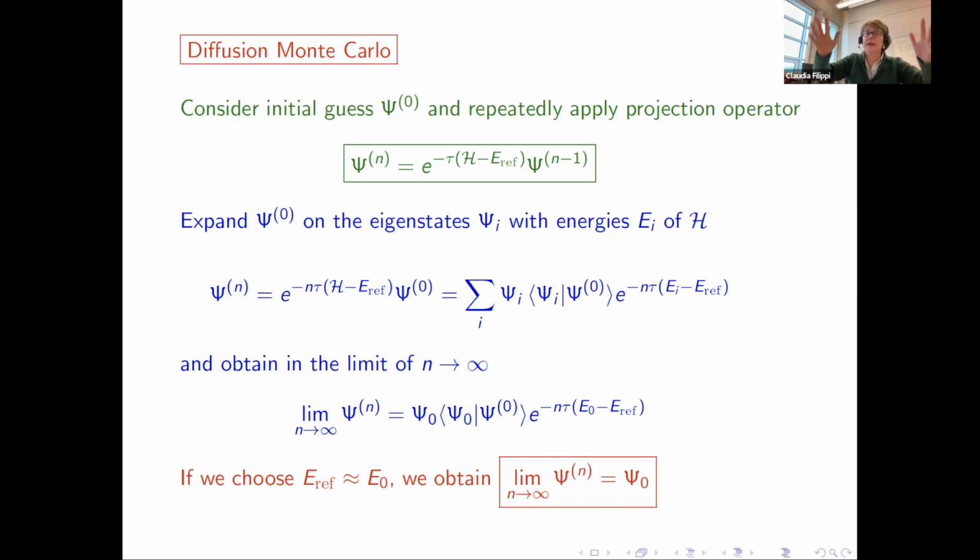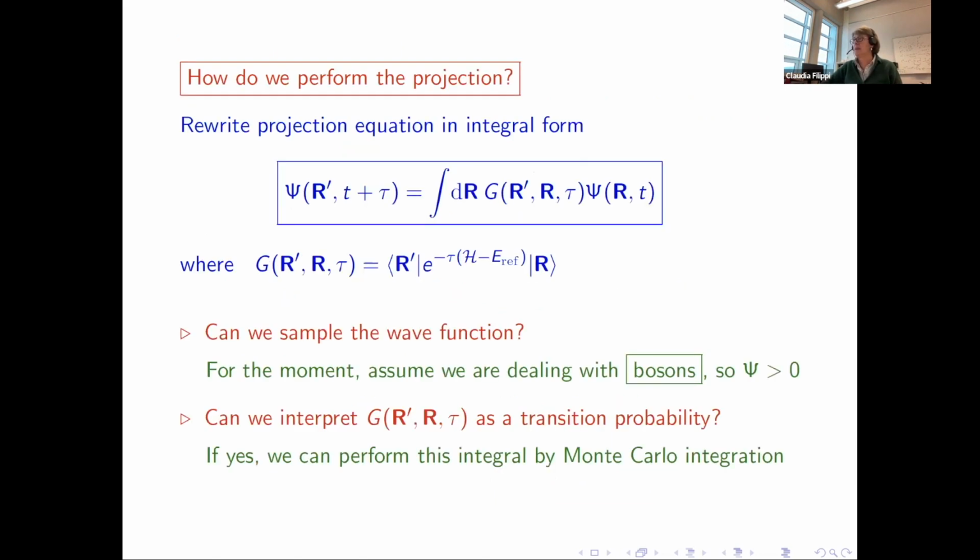Okay, so you start from a wave function, you apply this operator, and you end up, mathematically at least, on the ground state. Okay, so now again we are in real space QMC. And you can do so in different bases. I'll get back to it, probably tomorrow. But what we do in real space QMC is we rewrite the projection equation in integral form. Okay, we have a wave function here in R, and we go from R to R prime. We have the wave function in R prime.